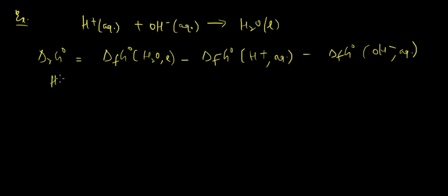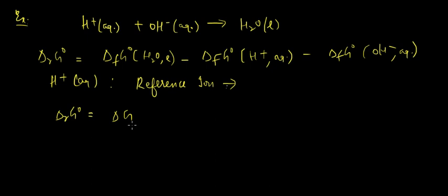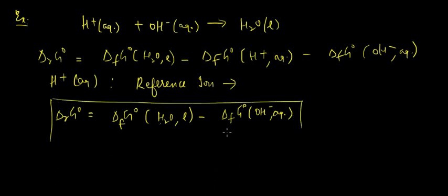Okay, so where H+ aqueous is a reference ion, we can write that delta R G naught for the reaction can be written as delta F G naught H2O liquid minus delta F G naught OH- aqueous. Okay,